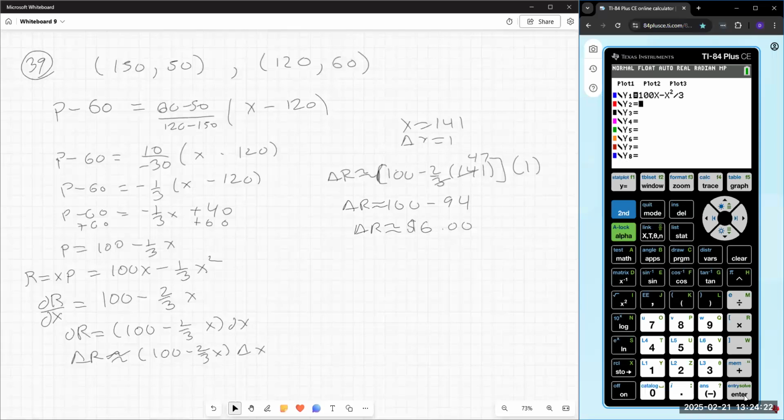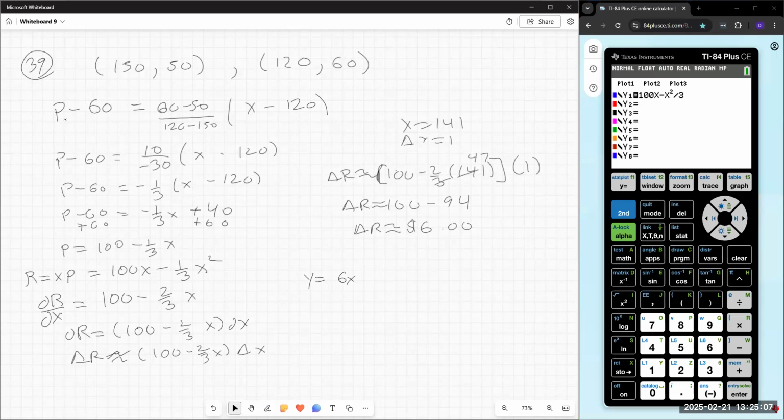And then the next function that I'm interested in is going to be this tangent line. The slope of my tangent line, dR/dx, would be 6. So this is going to be y equals 6x,